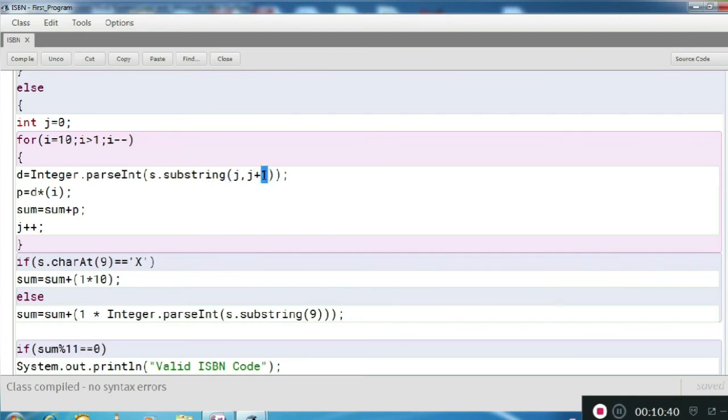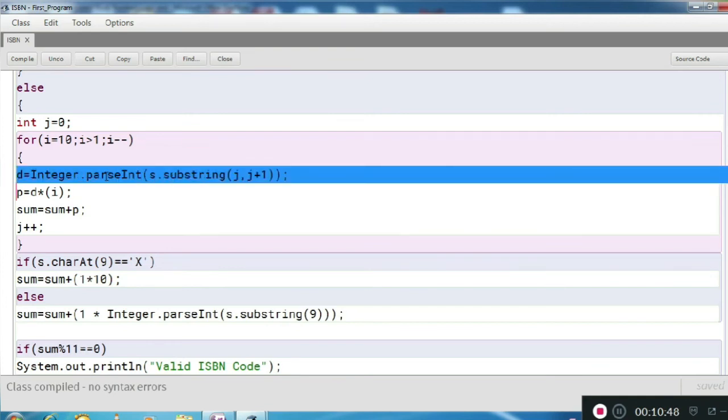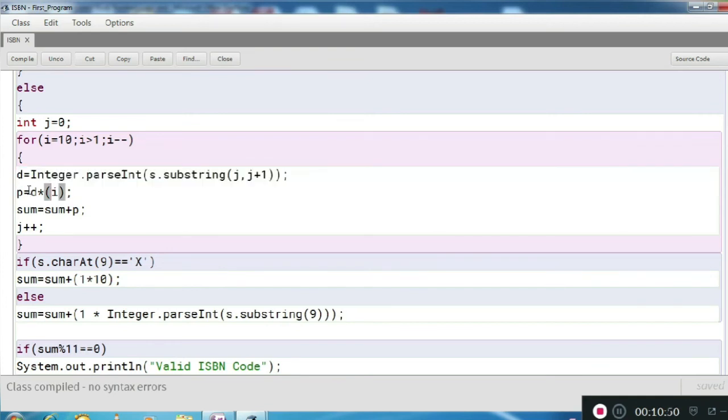So it will give you the first digit of your string and we will convert that string into an integer. Next, that integer is multiplied by i. So first we have to multiply by 10. So what is the value of i the first time? It is 10. So whatever digit you have, it will be multiplied by 10.